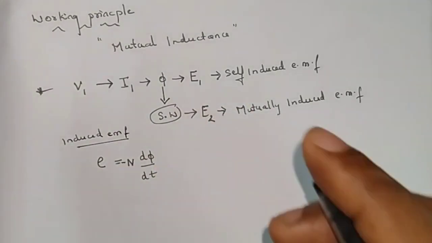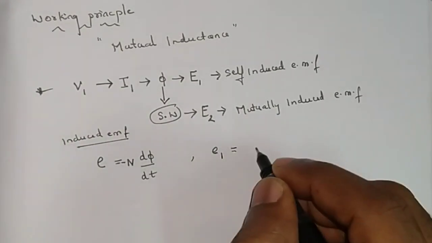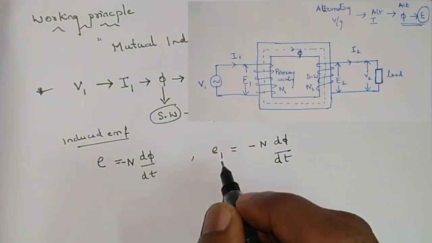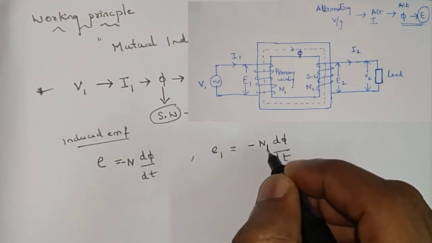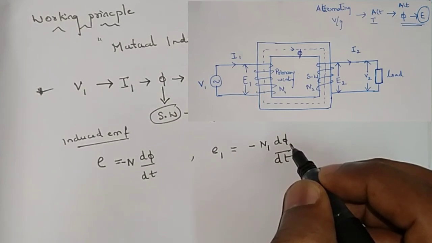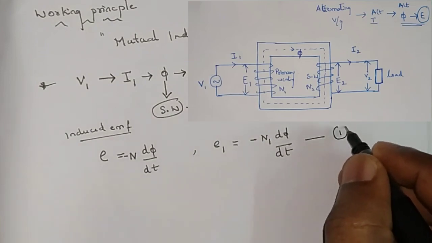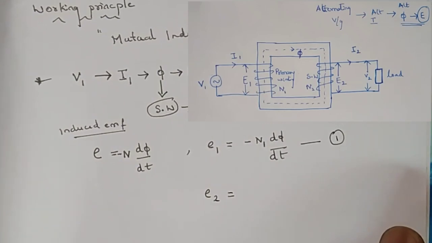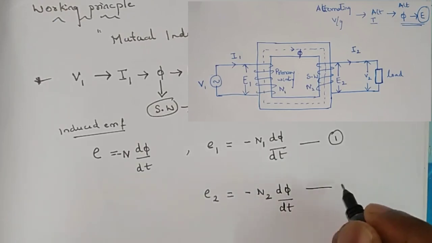With respect to this formula, I will write the formula for induced EMF in the primary side. So E1 is equal to, same formula, minus N d phi by dt. E1 represents induced EMF in the primary side. You can refer to the circuit diagram, and the number of turns is taken as N1. Flux will be same for primary side, so I will write d phi by dt as it is. This will be the induced EMF formula for the primary side. In the same way, for the secondary side, minus, instead of N1 it will become N2, because N2 is the number of turns in the secondary winding, d phi by dt. So this will be the formula for induced EMF.